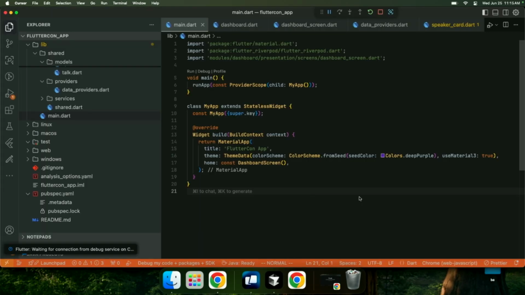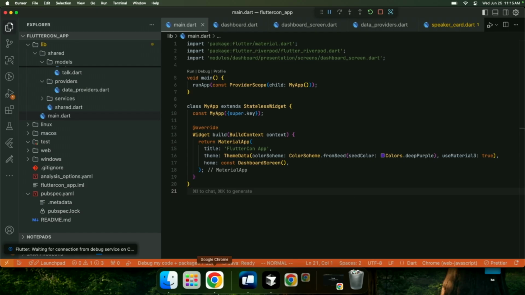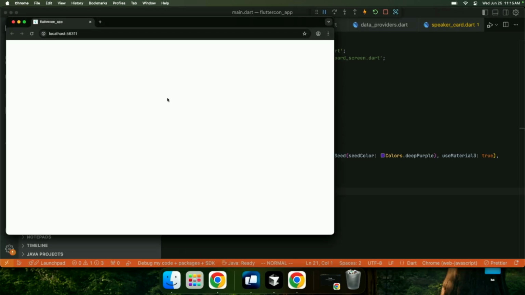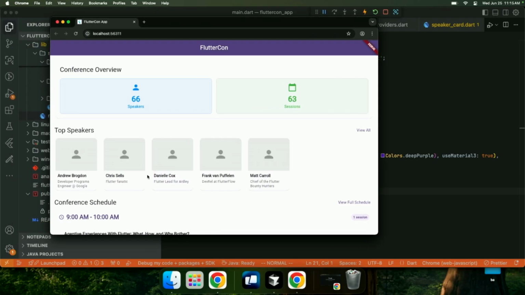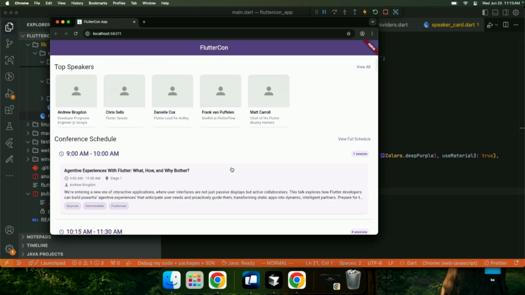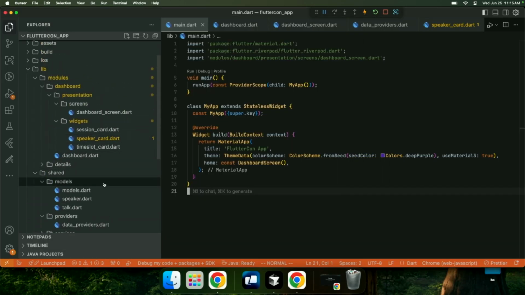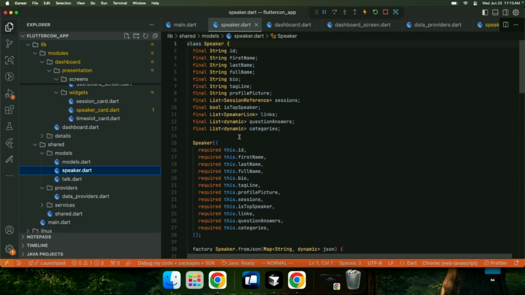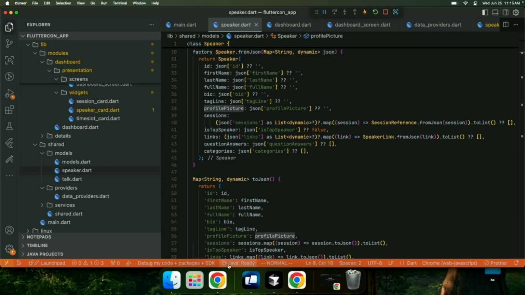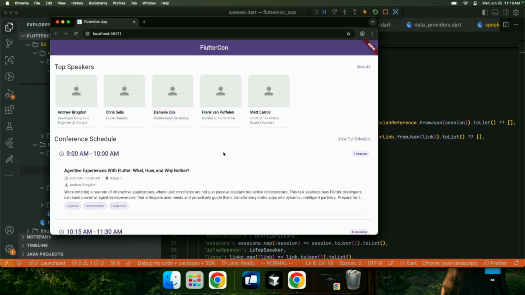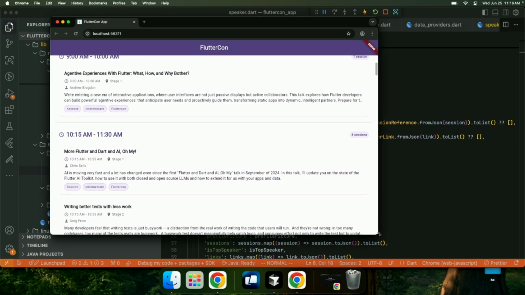But yeah, so let's do, okay, yeah, it's fixed. I don't know, I think there was some hot reload issue. Images, I'm not sure how the data structure looks right now. If we go into speakers, their profile picture, which is maybe a link, maybe there's some issue with that, but not too important. We don't have too much time, so I don't want to go into all the details.